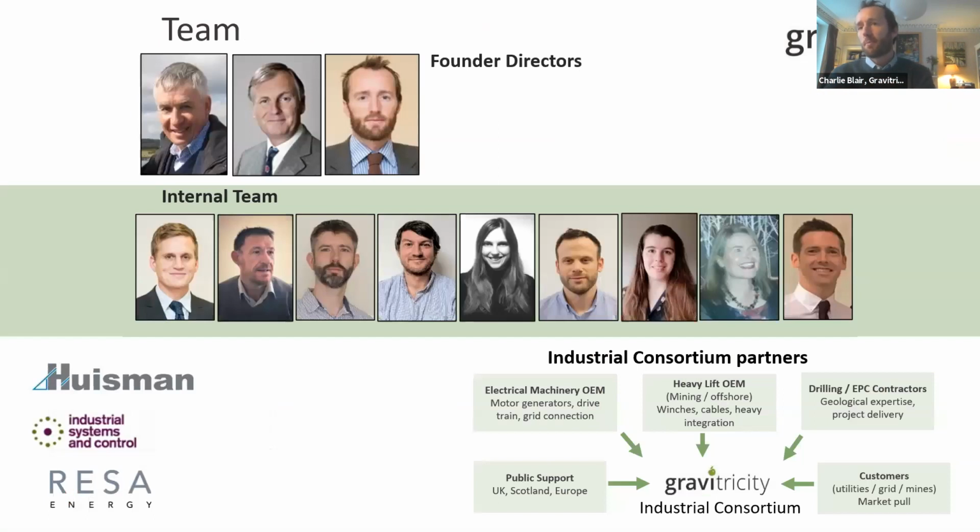So this is our team. We're based up here in Edinburgh. Myself, Peter and Martin are the three founders. If you know clean energy, you might have come across Peter and Martin before. Martin's chair of the REA. Peter has an OBE, I think, for services to marine energy. They were the founders of Marine Current Turbines. And from a commercial point of view, that's interesting because they've done it before in terms of developing a heavy energy technology, working with industrial partners and